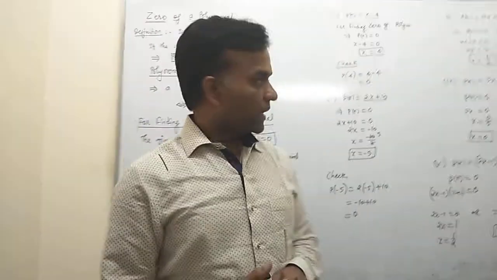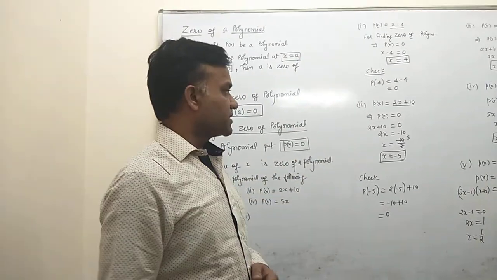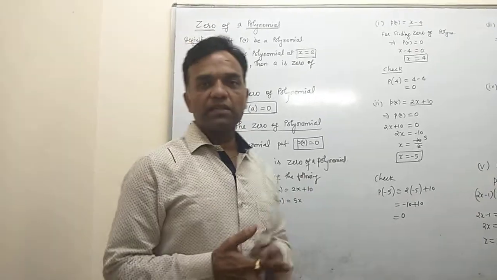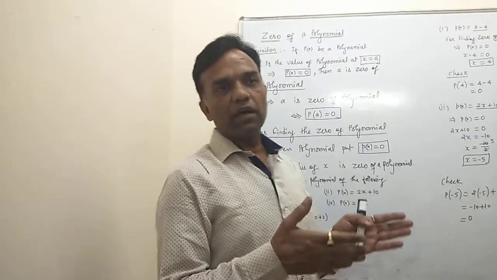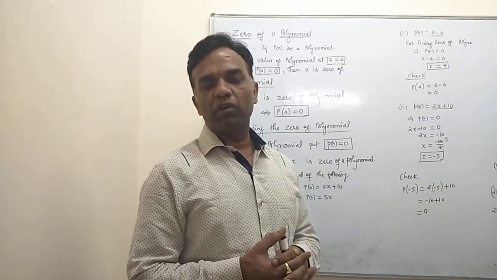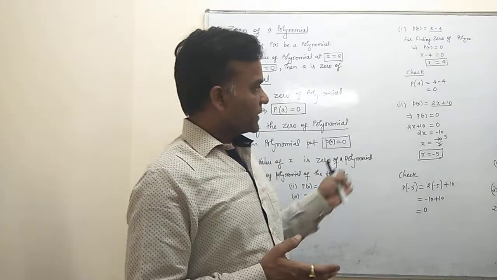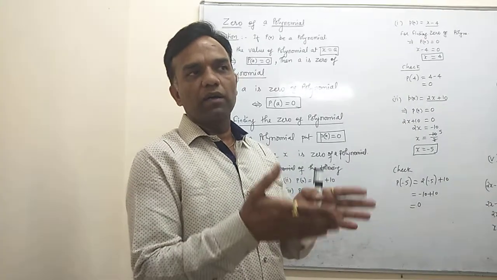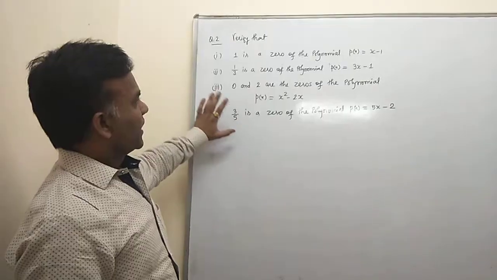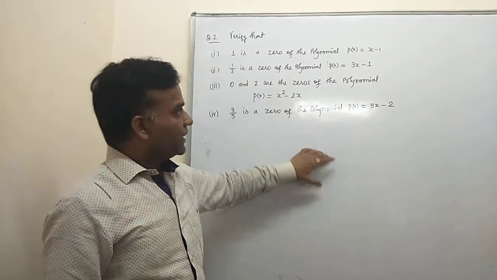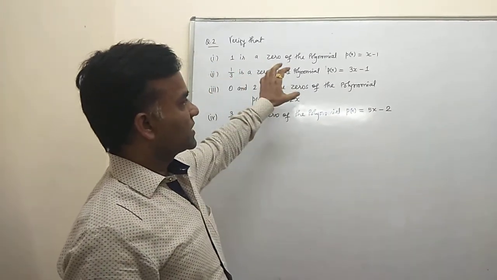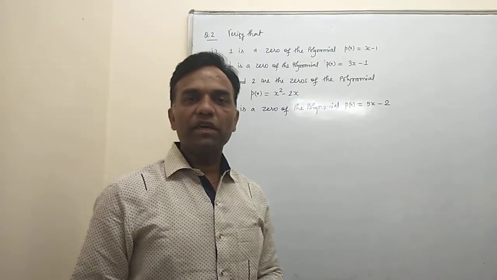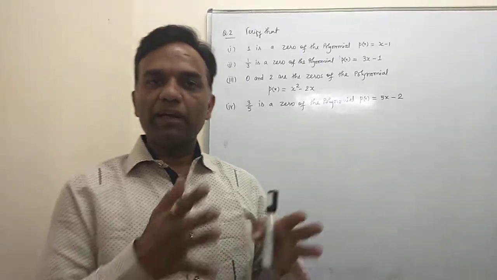Okay, so we listed 5 examples here of how you find the zeros of a polynomial. Sometimes the question may be asked where a particular answer is given, and you check whether this given answer is a zero of the given polynomial or not. You check or you verify. So now we take an example where a zero is given, and you check whether it verifies the given polynomial or not. In this question we verify whether the given zero is a zero of this given polynomial or not. Verify means checking whether the given result may be correct or may not be correct.